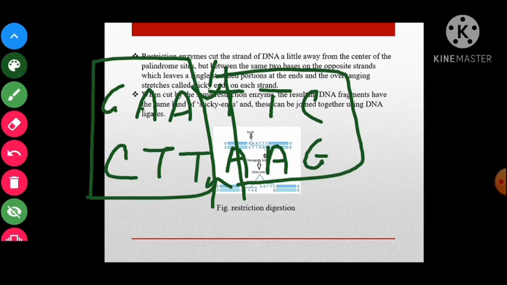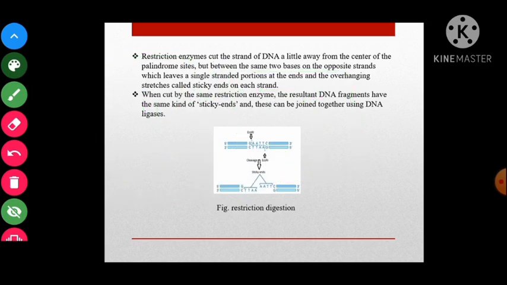Second one is the staggered or sticky end cut. Suppose the sequence is the same, and in this sequence the first strand is cut from somewhere like here and the second strand is cut from here. So what are the sequences? This is the sequence 1 and this is the sequence 2. Now children, tell me which cut is perfect for recombinant DNA technology? The first one or the second one? Yes, the second one. क्योंकि पहले केस में अगर हम बात करते हैं तो दो सेगमेंट हमारे पास आते हैं,